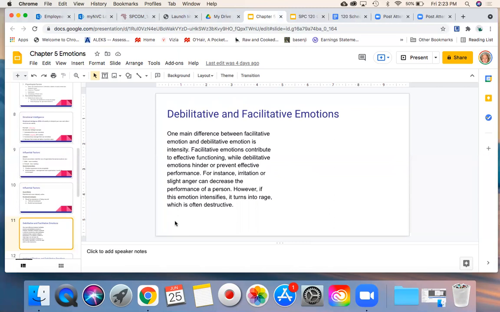So first of all, recognizing your feelings. That is why your book is giving you definitions for the main feelings, right? So this idea of recognizing your own feelings. The very first line says, answering the question, how do I feel? That is huge in terms of your emotional intelligence, okay? It is this ability to understand not only that you're having a feeling, but what the feeling is, okay?